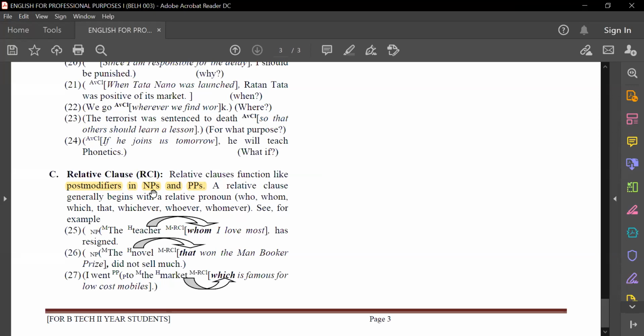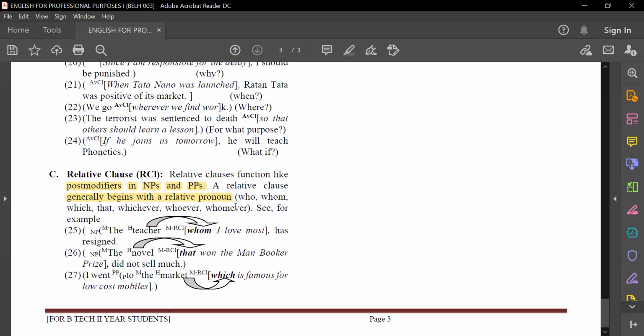Very important point to be noticed. These 2 points are enough to identify whether we have a relative clause or not. Relative pronouns are whom, who, which, that, whichever, whoever,